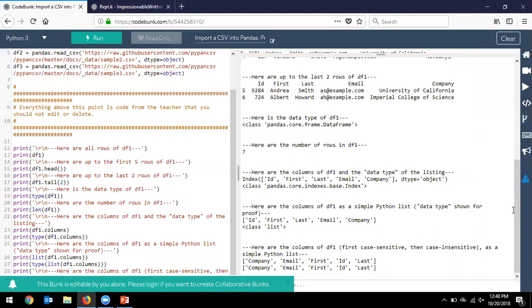This is trying to hide the code on me, but we can also put sorted around df1.columns, and there's an implicit list in sorted when it comes to columns. It doesn't always work that way, but when you take a data frame, put .columns, and then put sorted around it, it's like you did sorted with list first around it. So it's just going to come out very simple. I didn't have any lowercase and all uppercase, but that is case sensitive. So if you want to make it case insensitive,